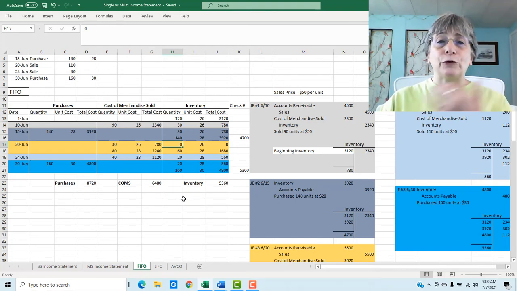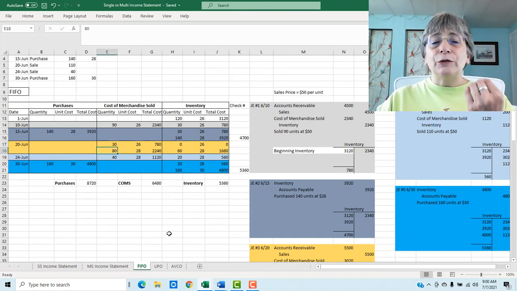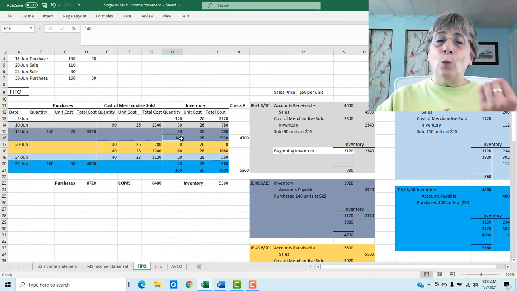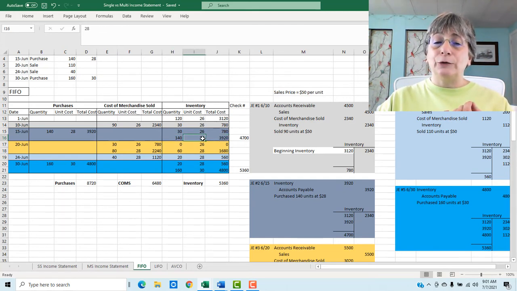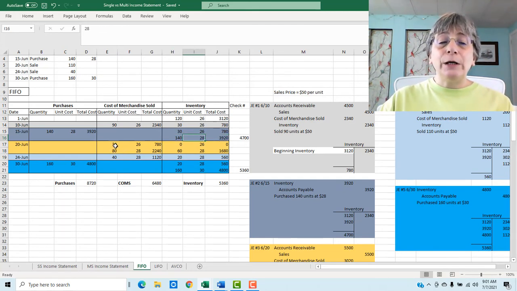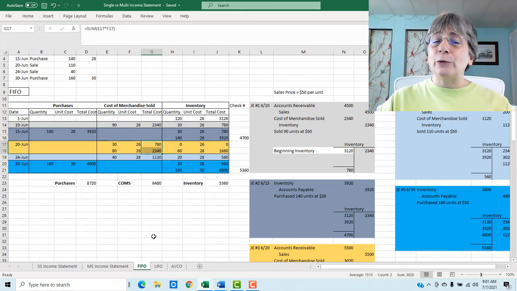We've now sold those. Those are off the books. And we're going to sell 80 of the 140 units that we bought at $28. So we're listing it out here in an organized way. We sold 30 at 26, we sold 80 at 28. Those two numbers added together, the 780 and the 2240, is going to give us our cost of merchandise sold,